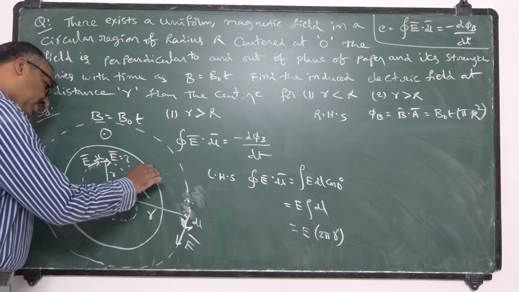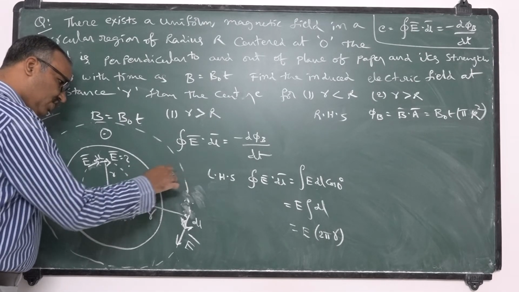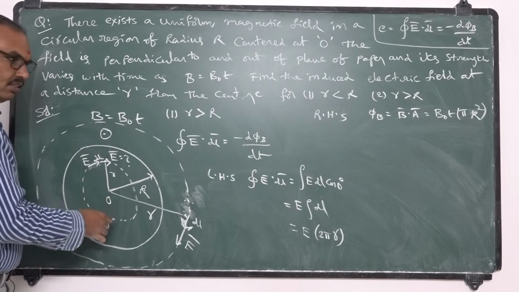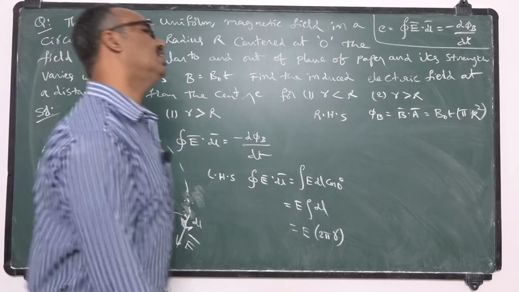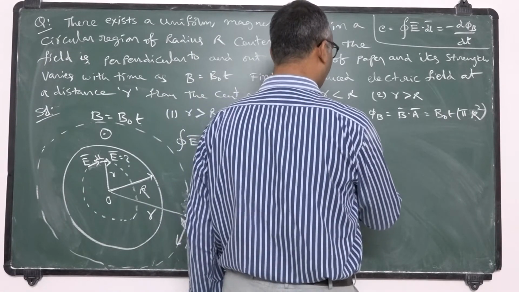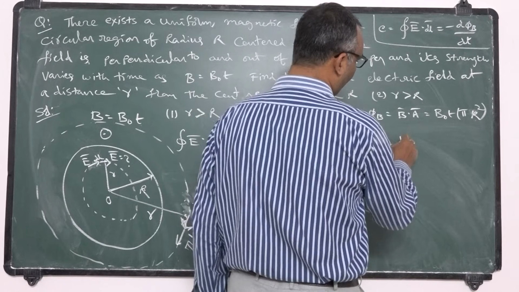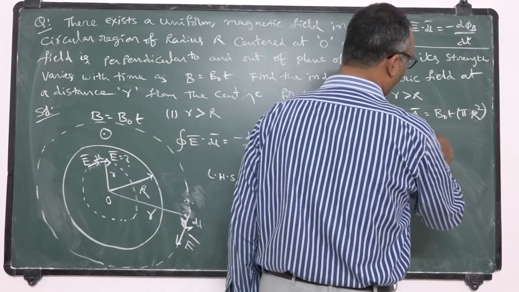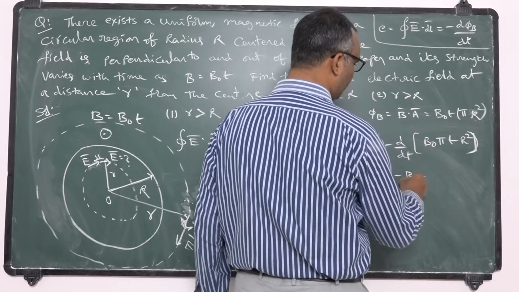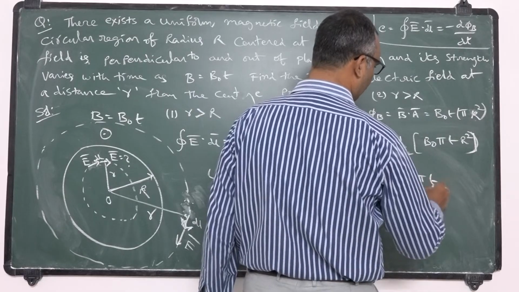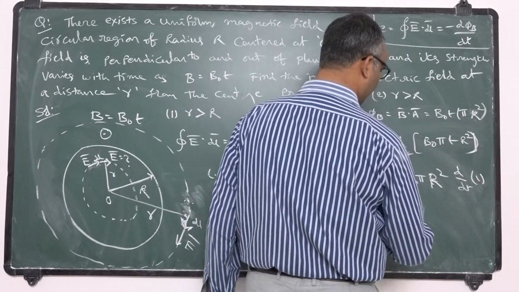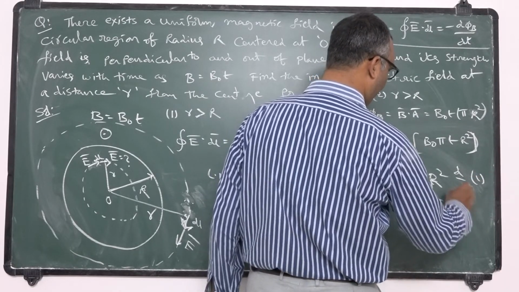Magnetic field is confined up to only capital R distance. Even though the loop area is like this, the entire magnetic field is inside this. So the area of the magnetic field associated with the loop is pi capital R square. Then minus d phi b by dt, which is given by minus d by dt of B naught pi t capital R square. Here the constants, let me take out pi R square, d by dt of t, that is nothing but minus B naught pi R square.